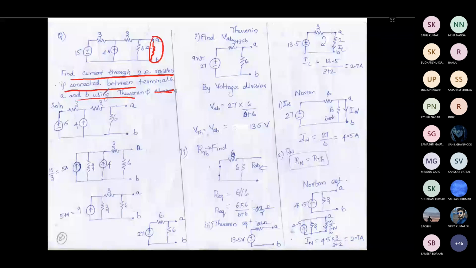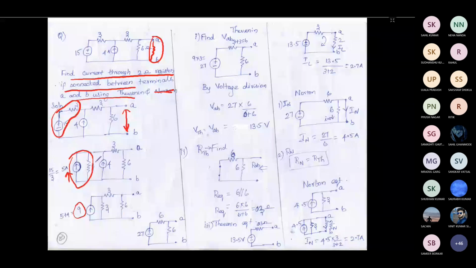So what do we need to do? We need to first find the voltage across these terminals A and B. Here there is a voltage source with a resistor in series. So I am converting that to a current source with a resistor in parallel. This current source magnitude can be given by voltage divided by this resistance, that is 5 ampere. Then this 3 ohm resistor will be coming as it is. Then you can see this 5 ohm resistor and this 4 ohm resistor are in parallel. So you can add it and give it as an equivalent current magnitude, that is given by 9 ampere source. Then you are having 3 ohm here.